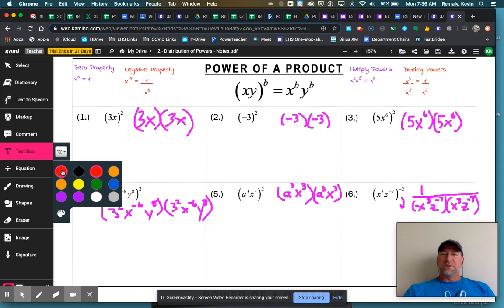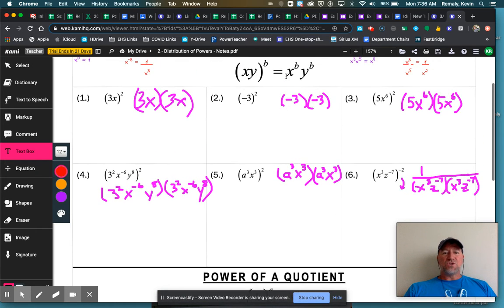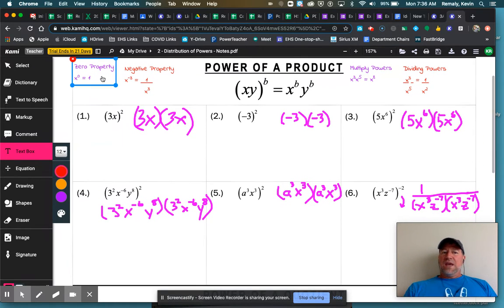Okay, ladies and gentlemen, we're going to continue our walk deeper into the woods when we're dealing with exponents and powers and all that good stuff. Today, what we're going to be learning about are our power of a product rule and also our power of a quotient rule. Okay, so every other property that we've dealt with up to this point is still going to